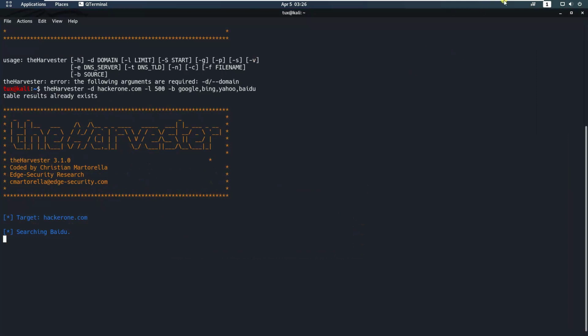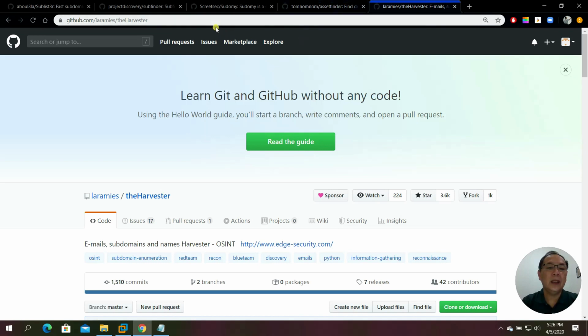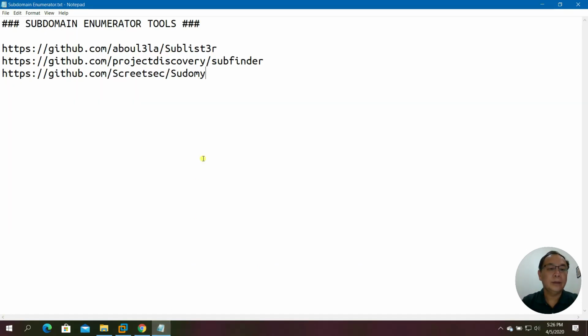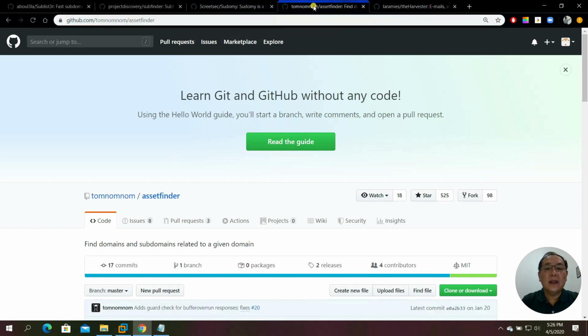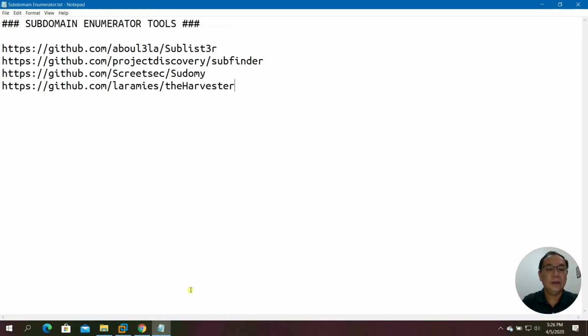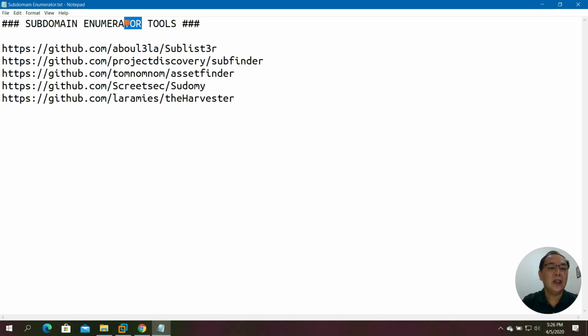So that's the harvester. Let me just copy the link. I forgot to put the asset finder here. This is the one. So all of these tools are very useful to do subdomain enumeration. I was supposed to put enumeration tools